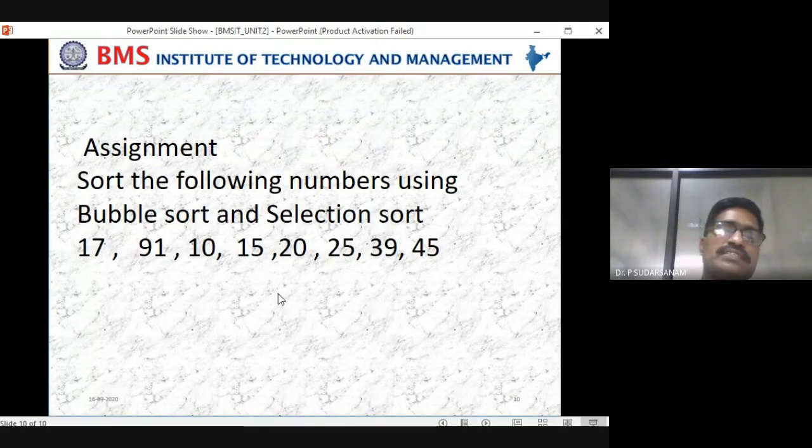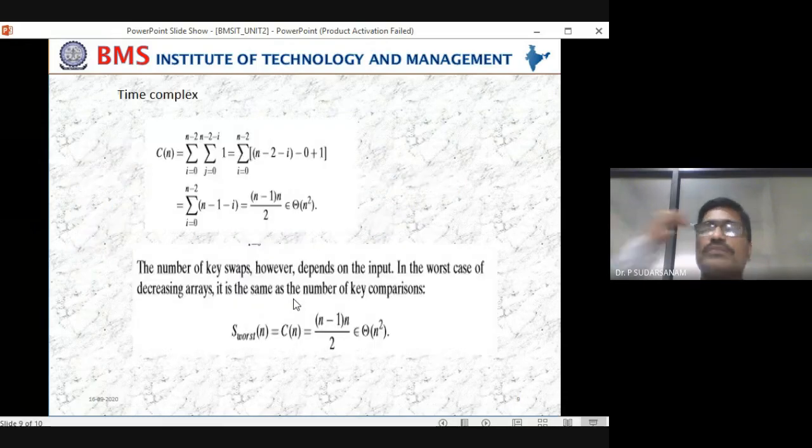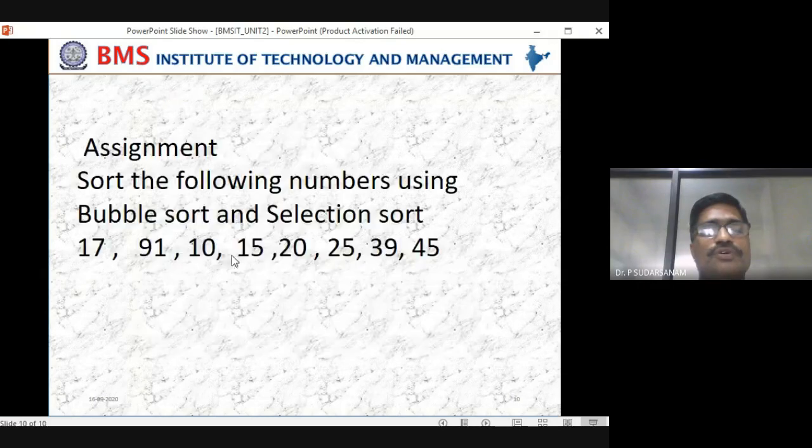Next class we will see some other examples in the brute force technique. You have the convex hull problem and other problems. I will tell you that tomorrow. So, any doubts about today's class? No, sir. Okay. I hope you can solve this using selection and bubble sort. Please try to do it. Then only you will understand the remaining problems.